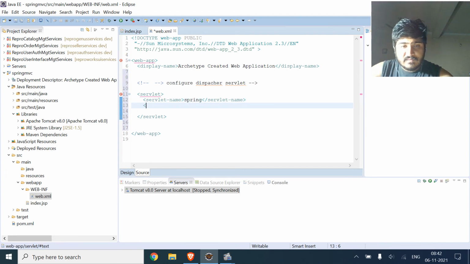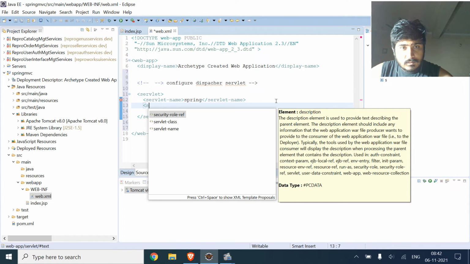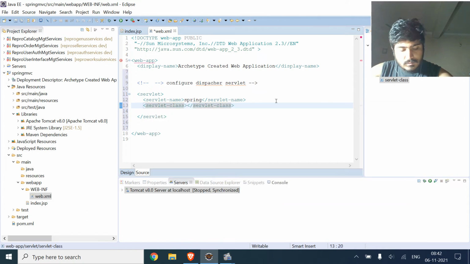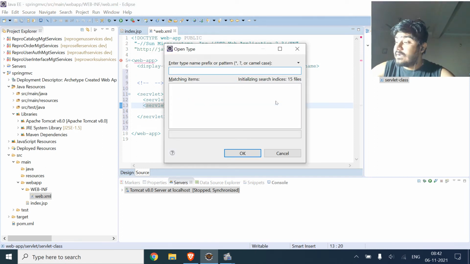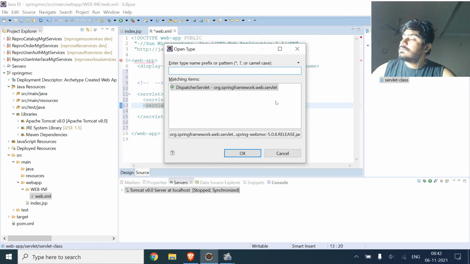Now we will give servlet class. Now we will find the class, that is the dispatcher servlet class.